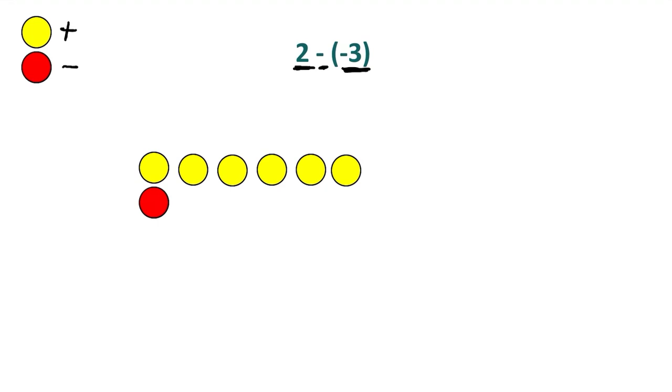So what I'm now left with is one pair of 0, which cancels each other out, and then I have 1, 2, 3, 4, 5 positive integers. Right. I don't have to write the plus symbol because if it's just 5 on its own, that's also positive. So for this round, the positive integers won because they were 5 more than the red integers. Right.